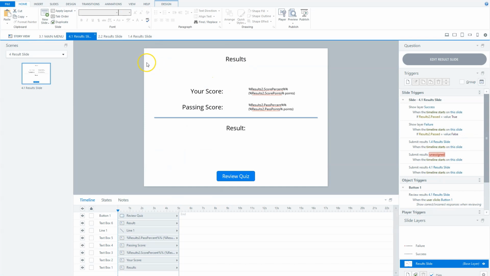So, and the last thing I want to show you in Storyline is that you can also calculate multiple result slides. So here I have a result slide, and we can imagine that this is the result slide that combines all the result slides of my whole course. So this can be the last slide of my course. So if I go here to edit result slide,